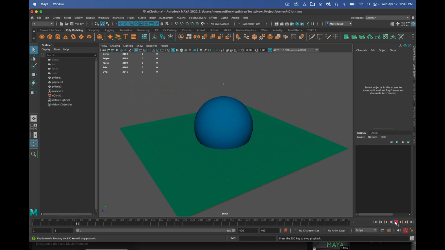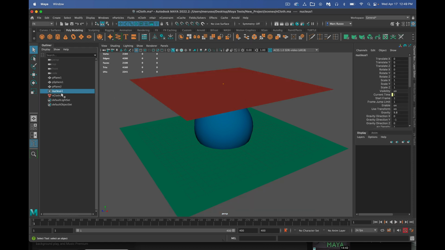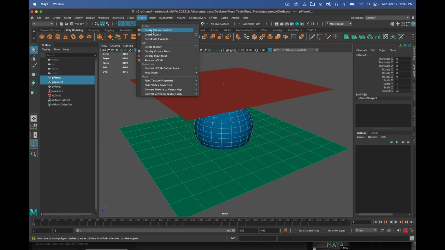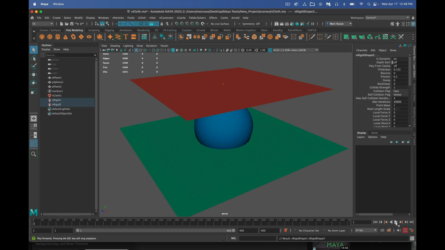So it falls, and it falls through, which is great. That means the gravity of this nucleus is working, and you can see if you select the nucleus that the gravity is set to 9.8, and so that's sort of our planet, right? Okay, so now what I need to do is select both of these and turn them into passive colliders. So go back up to nCloth and say create passive colliders. So now if I play,